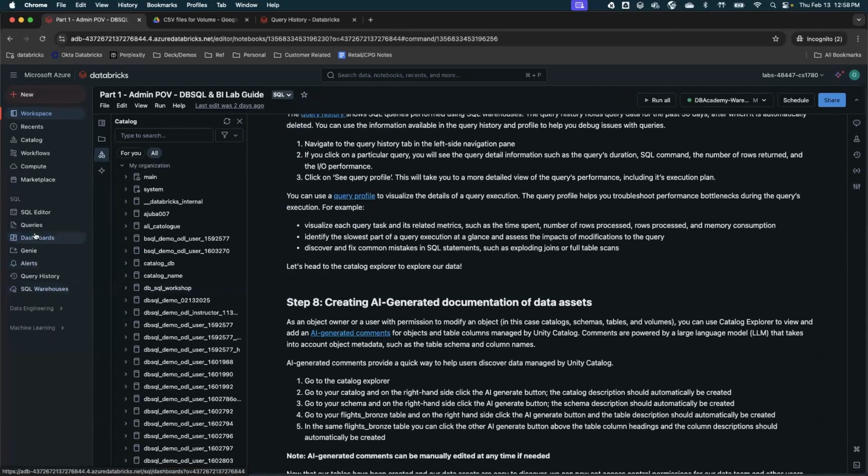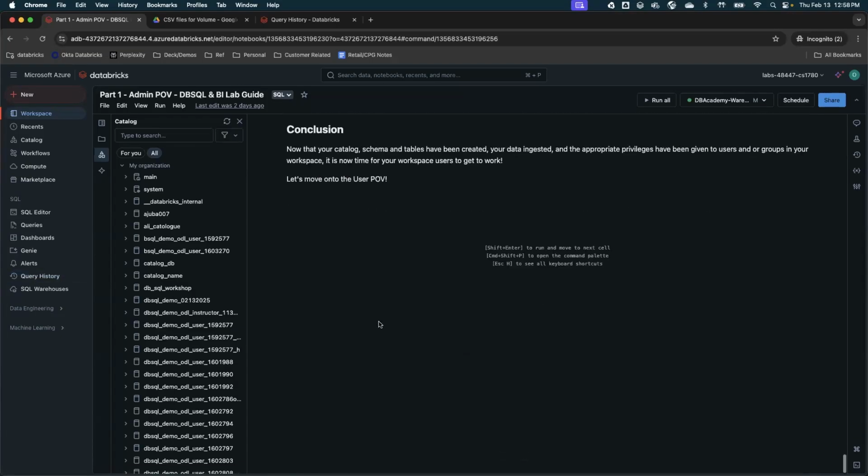Then we went to query history and checked how a query looks. We went over how you can select the AI generated comment, and then we went over permissioning, how we can set up permissions. So yeah, this is good. Let me go over the next part.